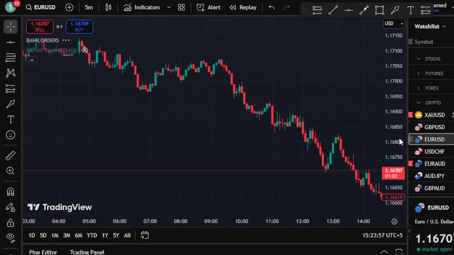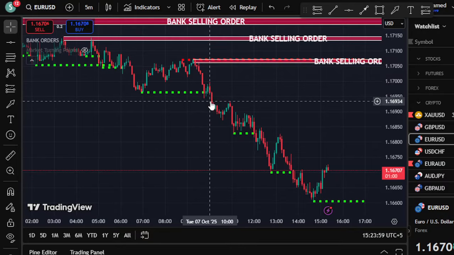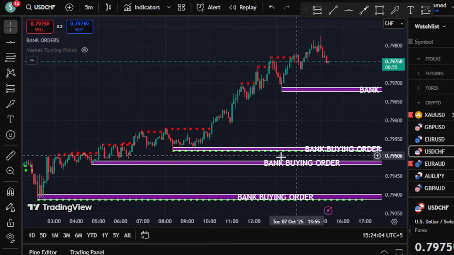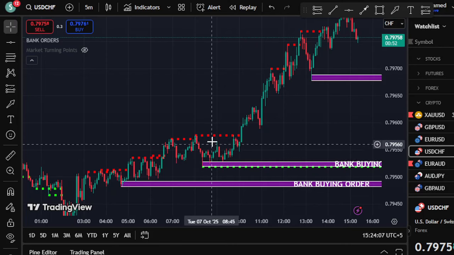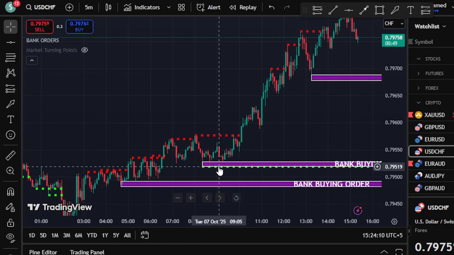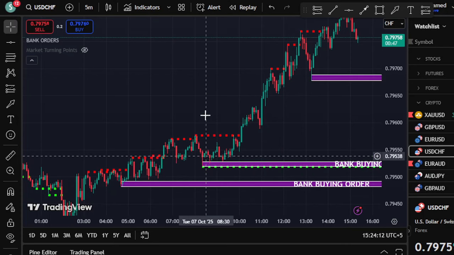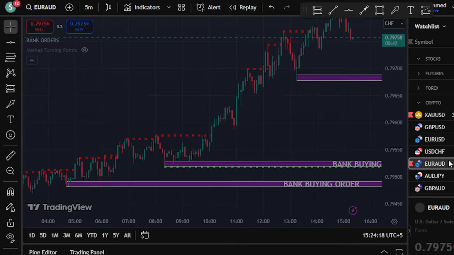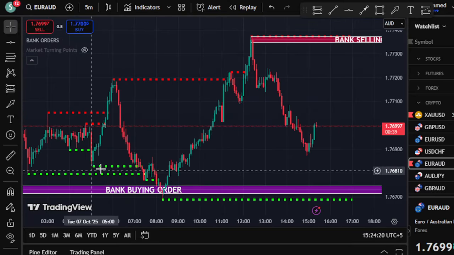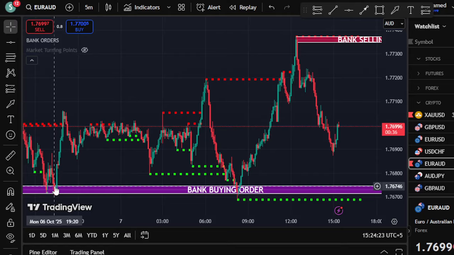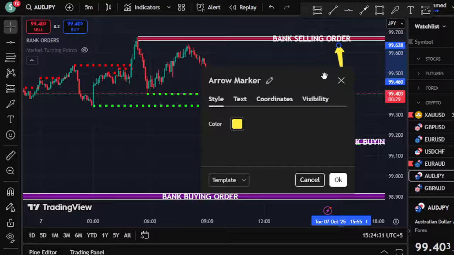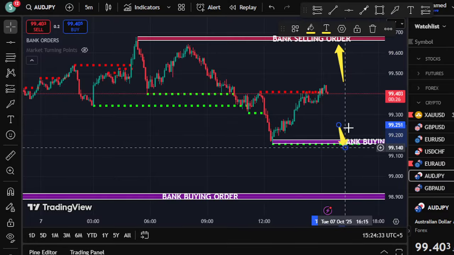Okay, so similarly, if I change my chart and show you the Euro USD, there is a retest of the same level as well. Normally these are levels which appear after the move. For example, if the price slightly goes up, then this level will be in formation. And you can see that AUD retested on the bank buying and then saw the upward move with no problem. Okay, so this is all about the Bank Indicator, the first retest. This level was created, the first retest, and then you have seen the price simply go up. Right now you can see this level is not retested so far, and even this level is not retested.